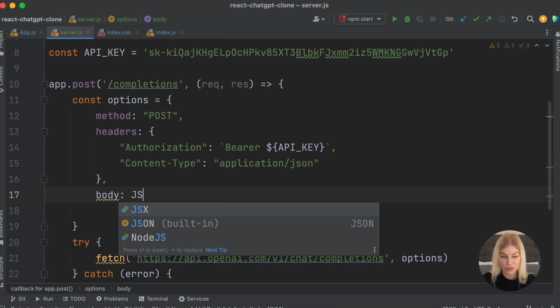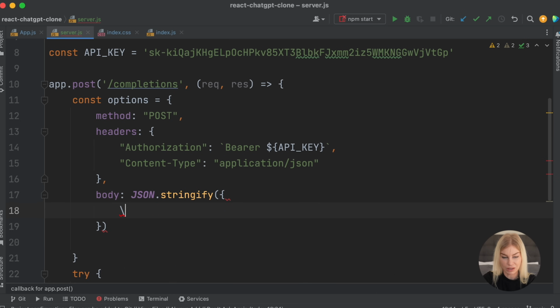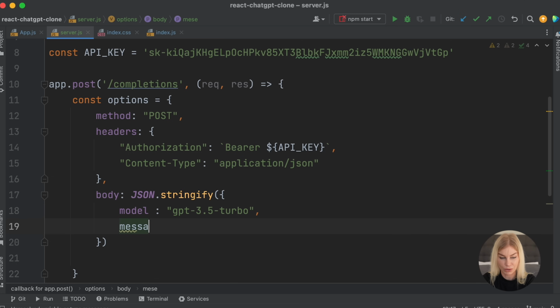So we're going to have to pass this through JSON stringify, okay? And it's going to be an object that we're going to send through, and we're going to JSONify it thanks to JSON stringify. The model we're going to be working with, as I said, I don't have access to ChatGPT-4, but if you do, please go ahead and use that because the results will be better. I'm going to use this model right here, and the messages we're going to pass through are going to be,